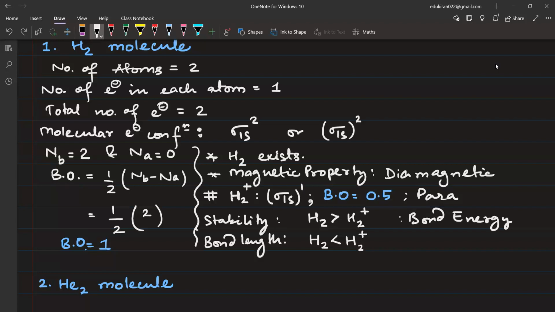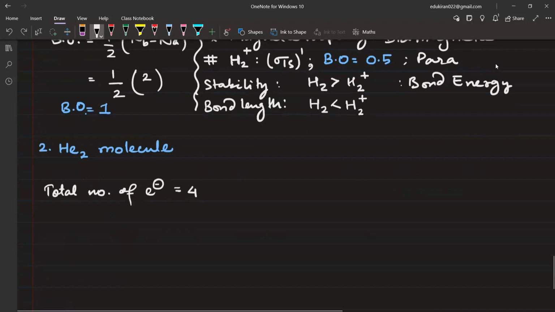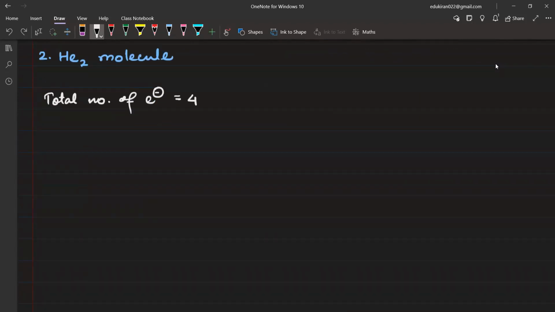Okay, let us move on to He2. Total number of electrons is 4, and if I talk about the molecular electronic configuration, the first orbital will be which one? Tell me guys. Sigma 1s squared. In this we will put 2 electrons, and after that